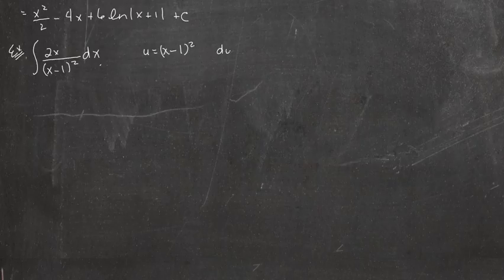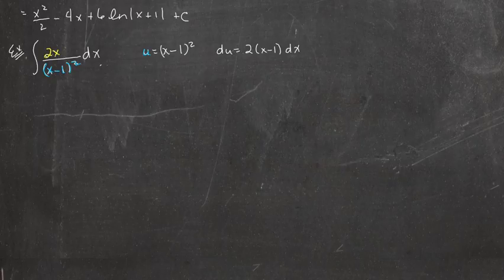And so du then is 2 times x minus 1 dx. Okay, these don't overlap well enough, do they? I have x minus 1 squared equals u, and then I have